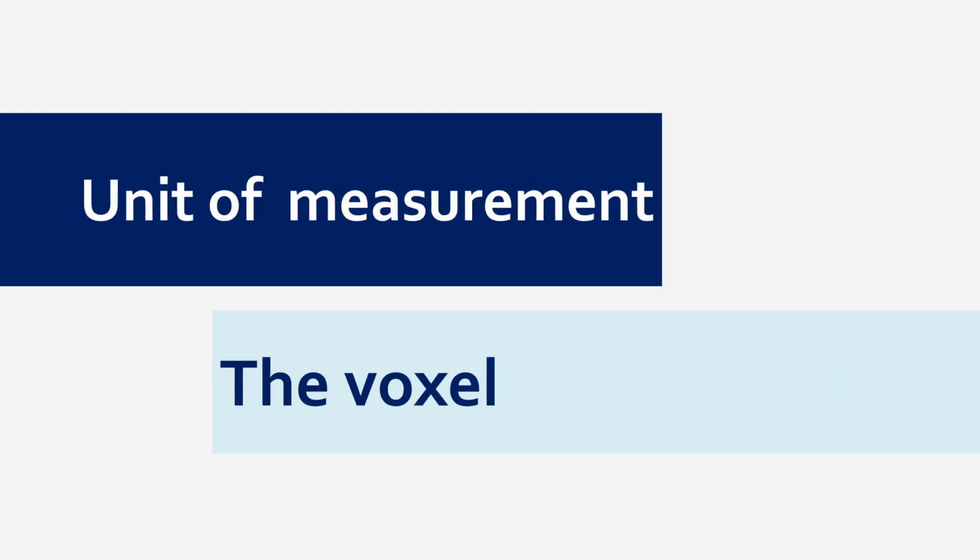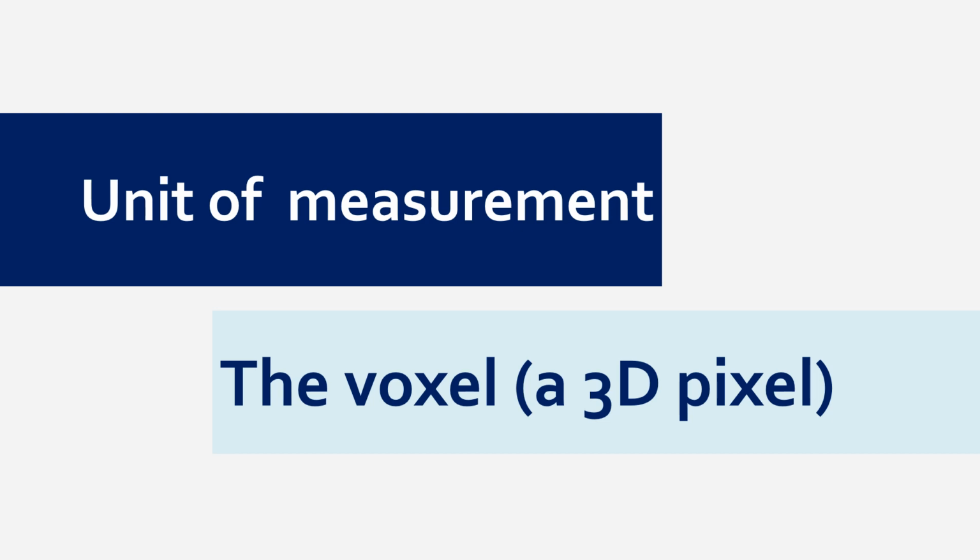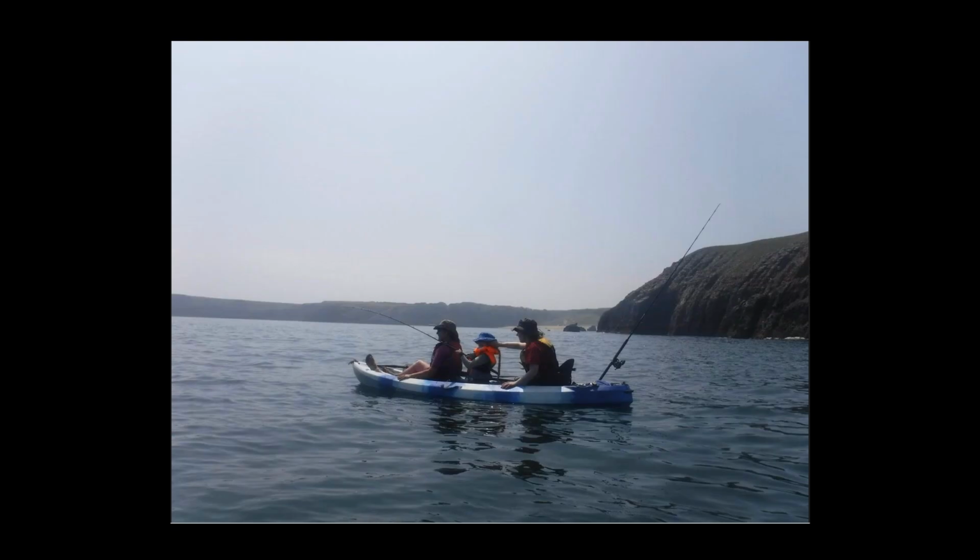We need to spend a second considering the unit of measurement of fMRI, which is a three-dimensional measurement system. The unit of measurement of fMRI is the voxel, which is basically a three-dimensional pixel. Pixels are a two-dimensional feature of images. Here is a